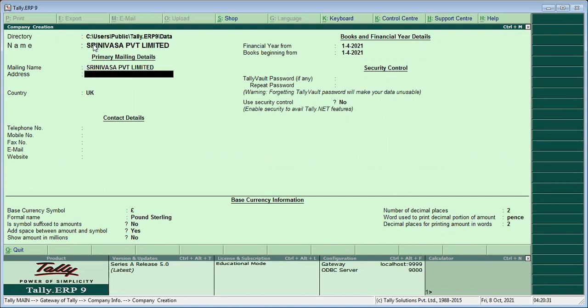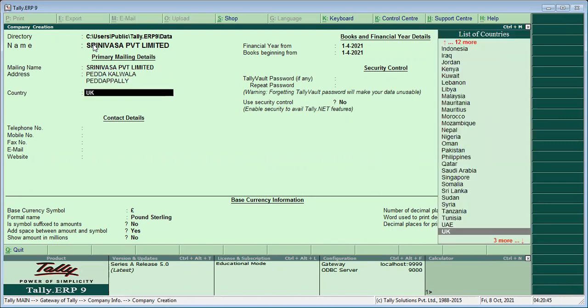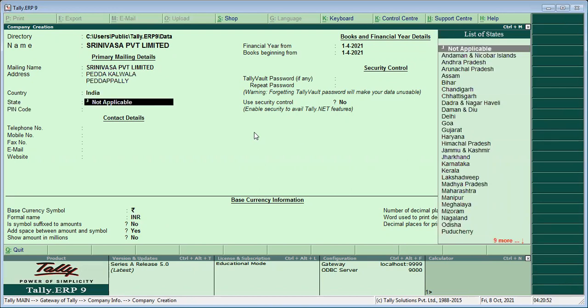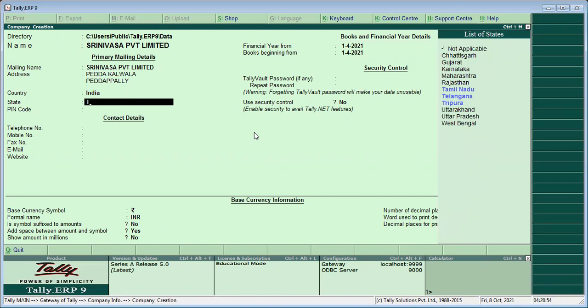Mailing name is also the same. Address: Pedda Kalwala, Peddapalli, India. State: Telangana.